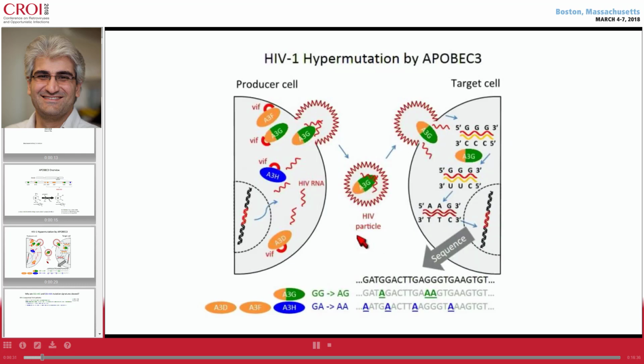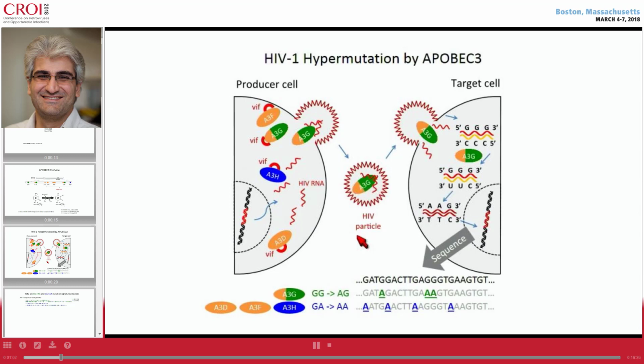Most of them are counteracted by the HIV protein Vif, but if they can escape this process, they can travel with the HIV particle from a producer cell to a target cell, where they can mutate cytosine to uracil on the negative strand of the HIV genome during reverse transcription. This is manifested as a G-to-A mutation on the positive strand. These viruses can then integrate, and if we sequence them, we see 2 distinct hypermutation signatures,